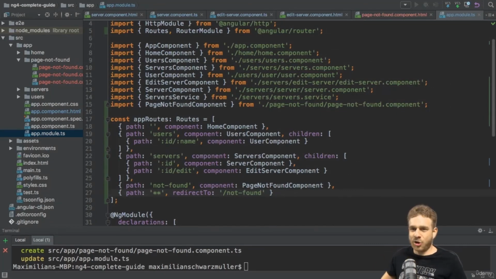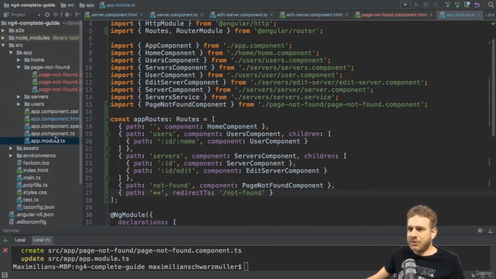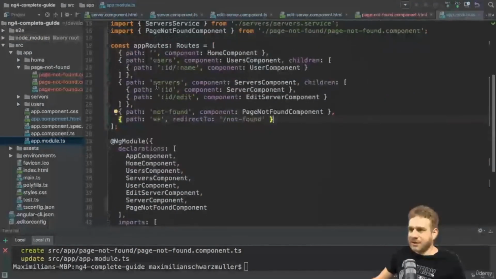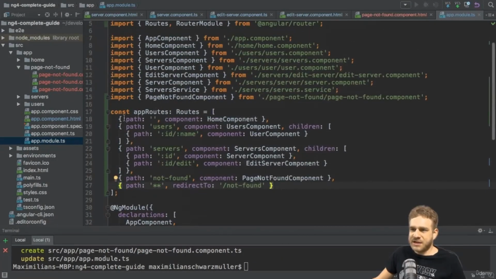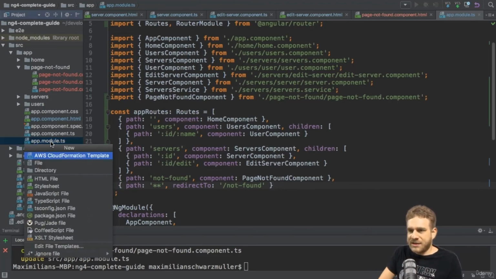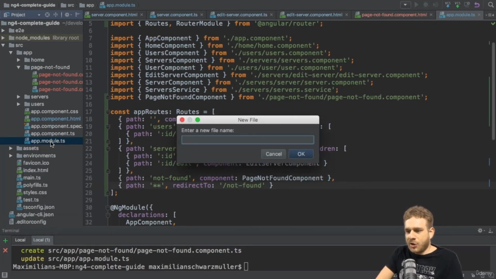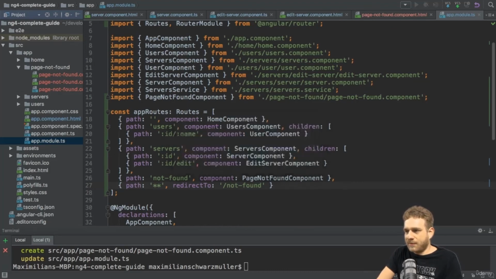Whew, so a lot was covered. Let's dive even deeper. If we have a look at our application, our app module, you already see that the routing takes up some significant space in our app module. So typically, if you have more than, let's say, 2 or 3 routes, you don't add it directly in the app module. Instead, you add a new file, which for the application as a whole is typically called app routing module. So the